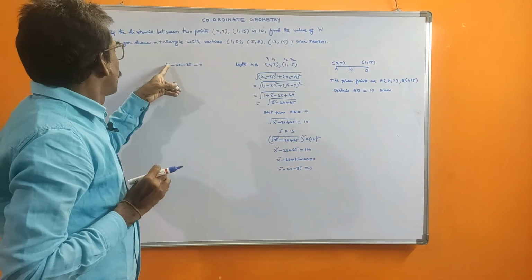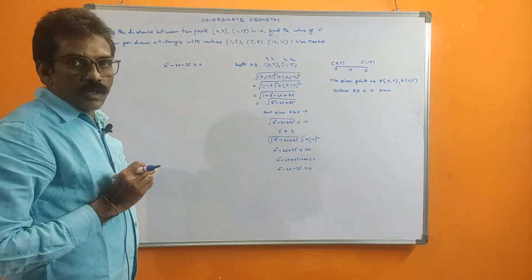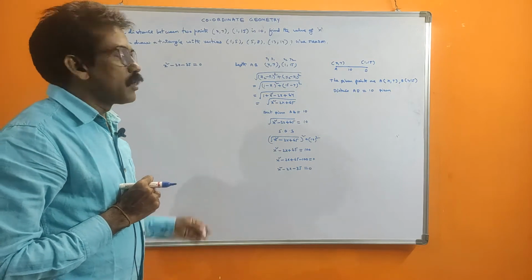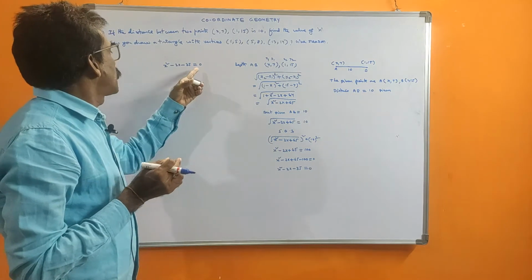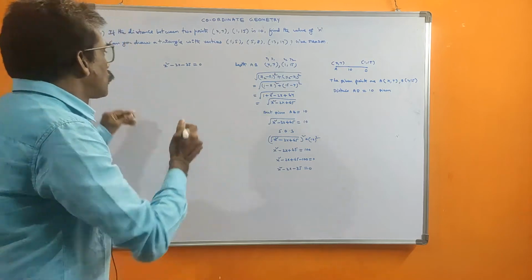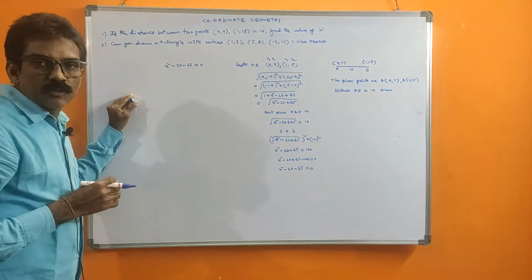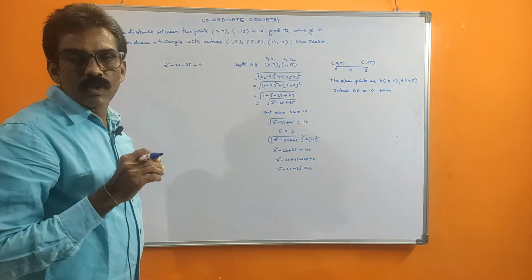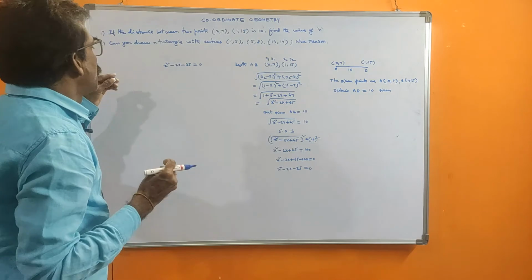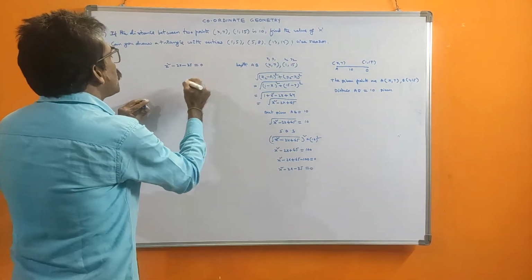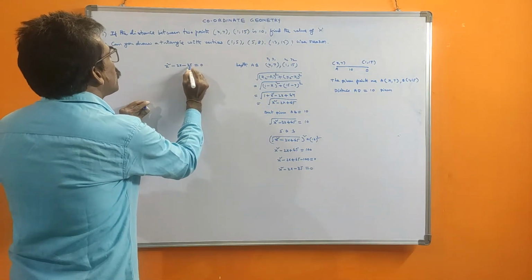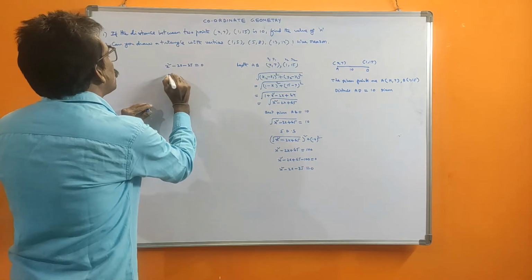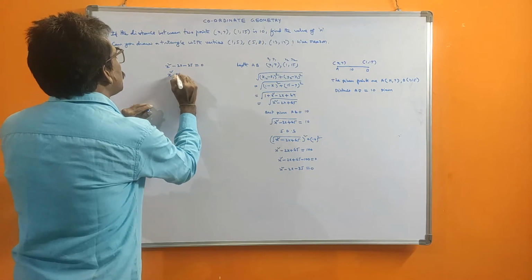If we observe, a square is there for the x variable, so this is a quadratic equation. We know to solve the quadratic equation, we can write it into factors, since 0 is there. Otherwise, there is the direct formula: x equals minus b plus or minus the root of b square minus 4ac, by 2a. Anyway, we can do either. Factorization is simple. 35 is there. We can divide it into 7 into 5. So 7 minus 5 is 2.